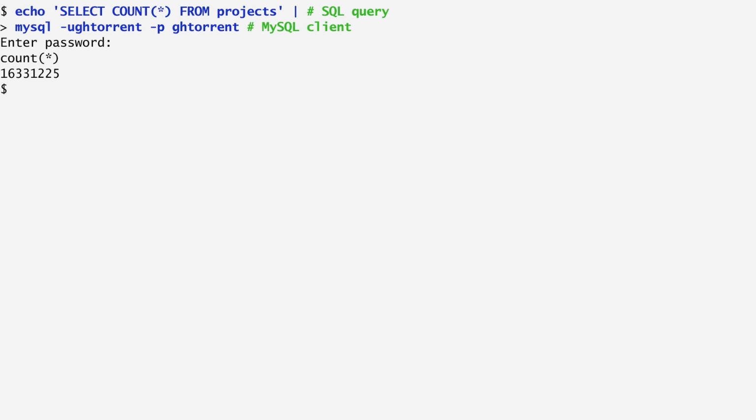With -u, I specify the username for accessing the database GHTorrent, which is a database with metadata of projects hosted on GitHub. Furthermore, with -p, I specify that I will enter a password for this username. Then, I'm prompted to enter the password and the query returns the number of records of the projects table.